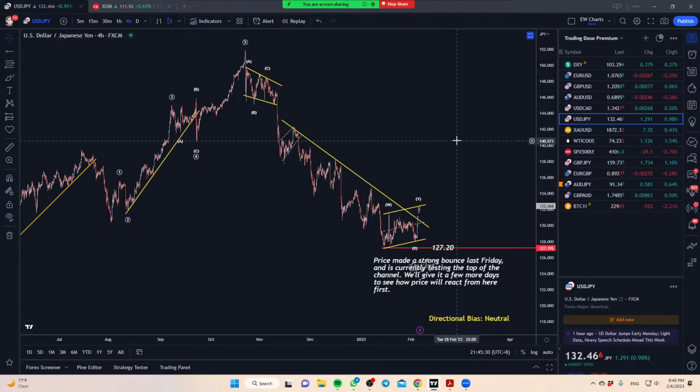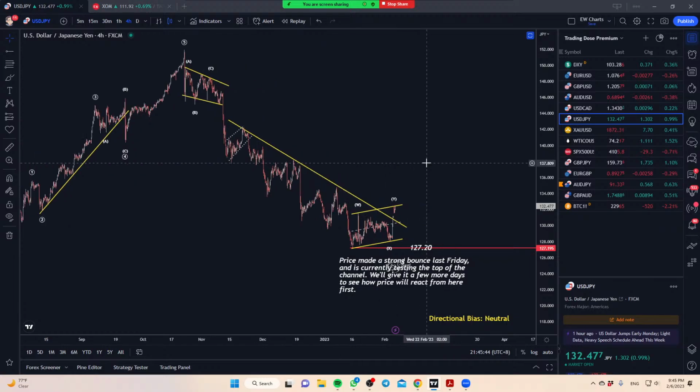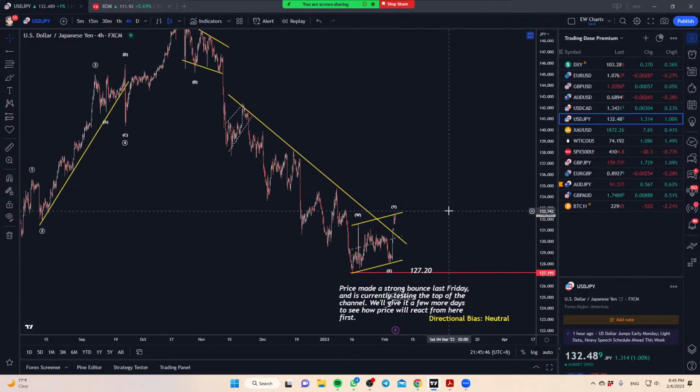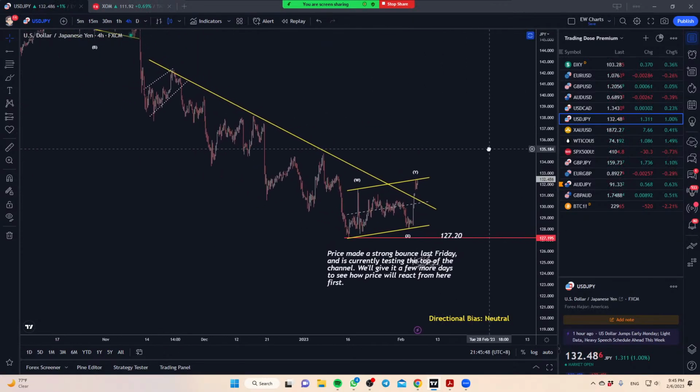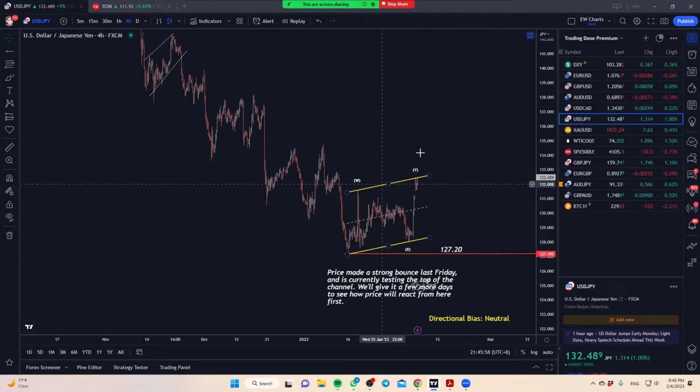Okay, so I think on the major pairs, moving forward from here in February to March, there might be some very decent and very clear structures that we can ride on. So your role here is, of course, just to monitor the market, keep track of how it's developing, and when it's ready, you just want to jump into that trade and ride it together with the market. Okay, so that's the view on dollar yen.